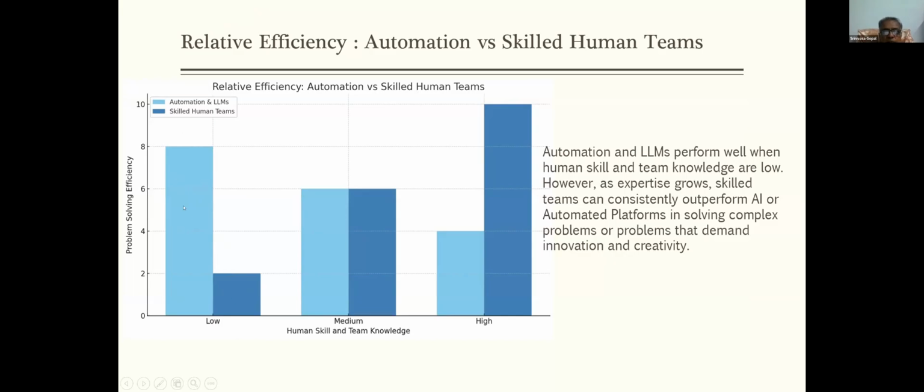So when the complexity of these tasks is very low, the LCNC platforms or code generation via LLMs tend to